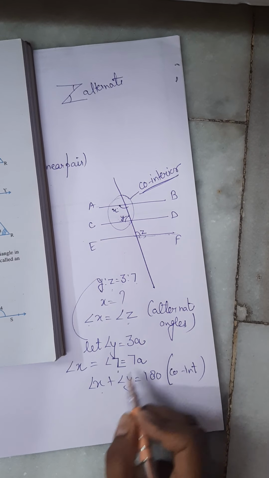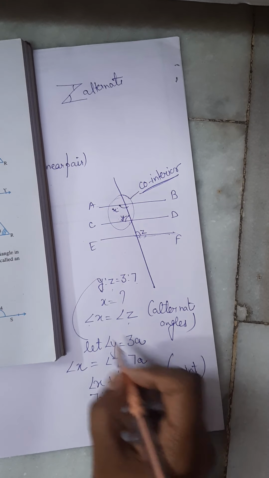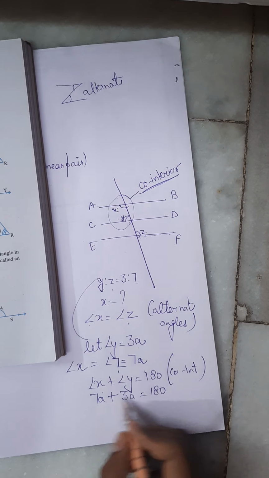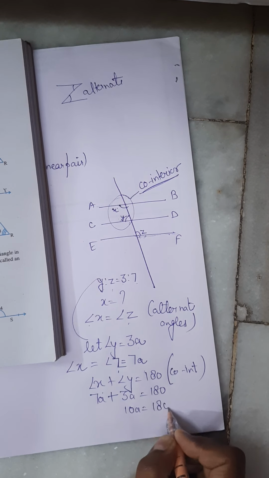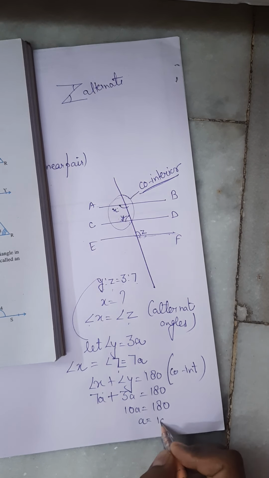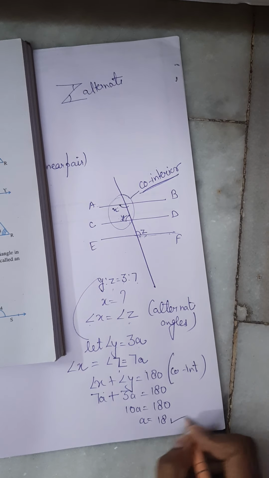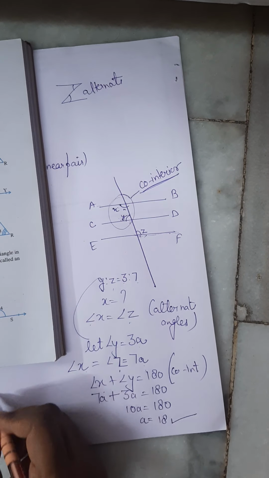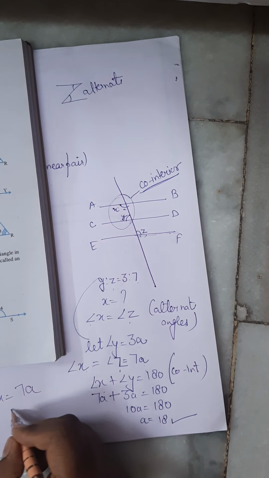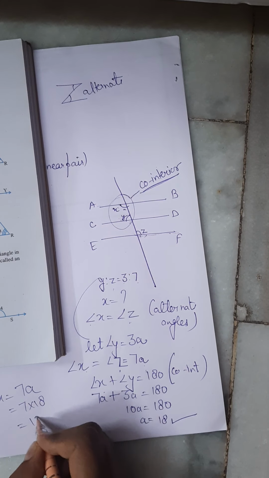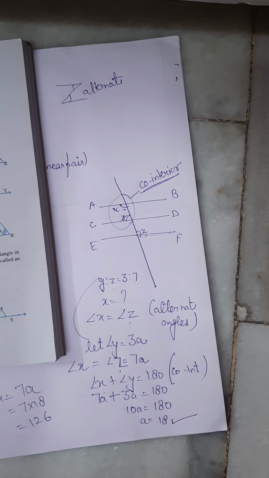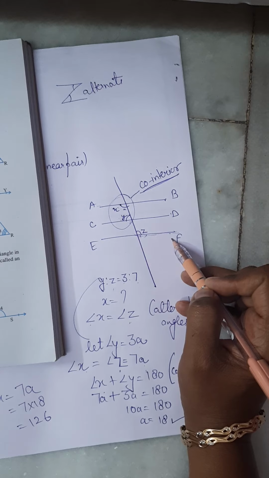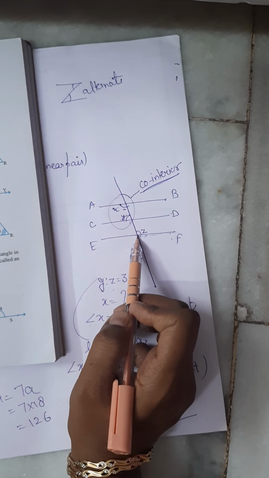Which kind of angles? Co-interior angles. Correct. Put the value of x. x is 7a. Put the value of y. y is, where is y? Yeah, here it's 3a. So 7a plus 3a is equal to 180. Correct? 7 plus 3, 10a is equal to 180. On solving, a is equal to 180 divided by 10, which gives 18. Now we have the value of a only, but the question wants us to find x. So what was the relation of x? Yes, angle x is 7a. So 7 into 18 gives us 126. Clear with the calculation? Once again, let's see. The question was saying that AB, CD, EF, they all are parallel. These types of markings are given.